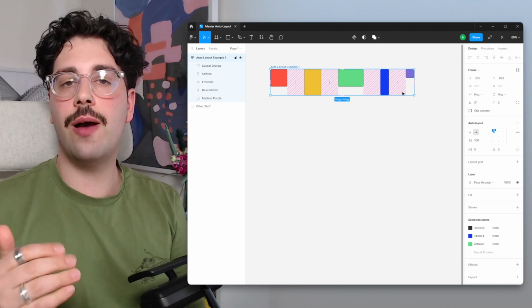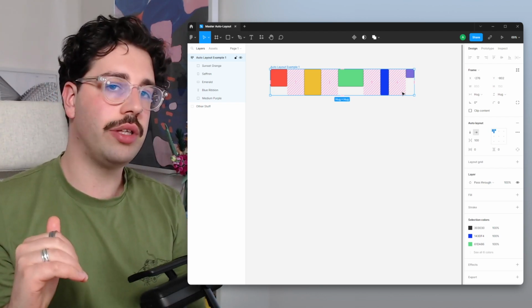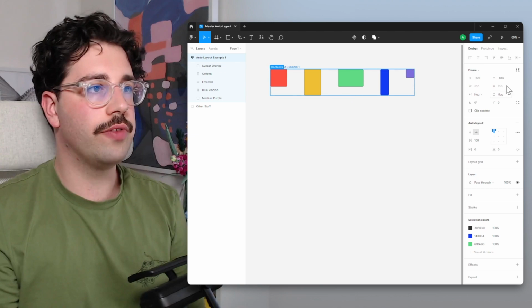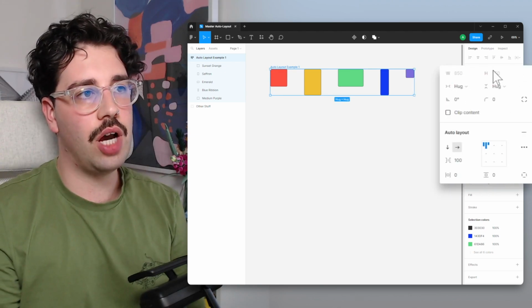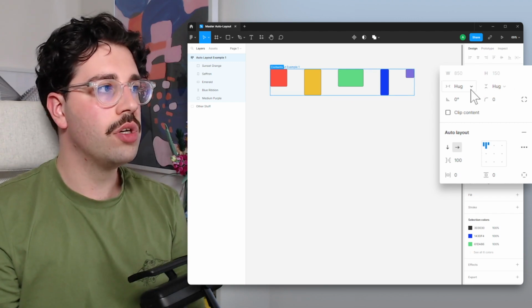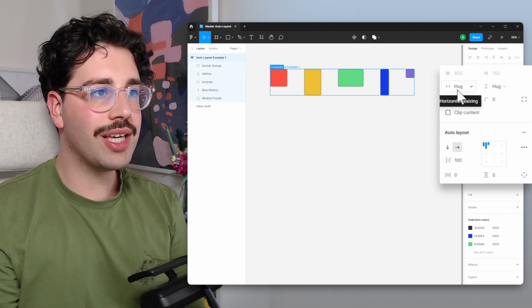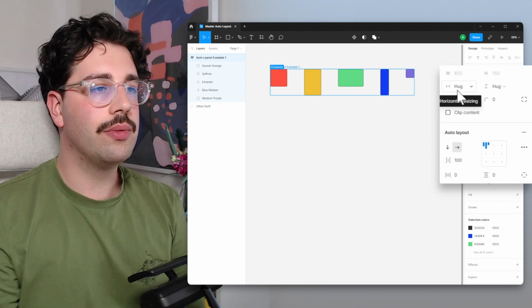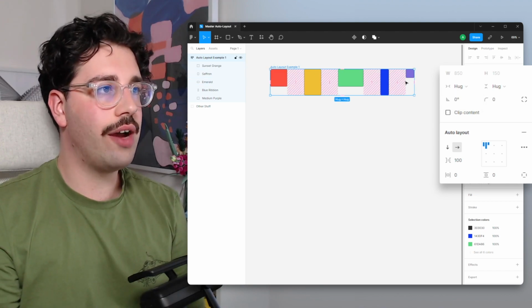So now let's cover the alignment of the elements within the auto layout. So the first thing we're going to look at is over here. We're going to look at the width and the height, and then the settings below that. So essentially we've got hug for both. So what this will do is it will dynamically hug the elements within the auto layout frame, meaning the width